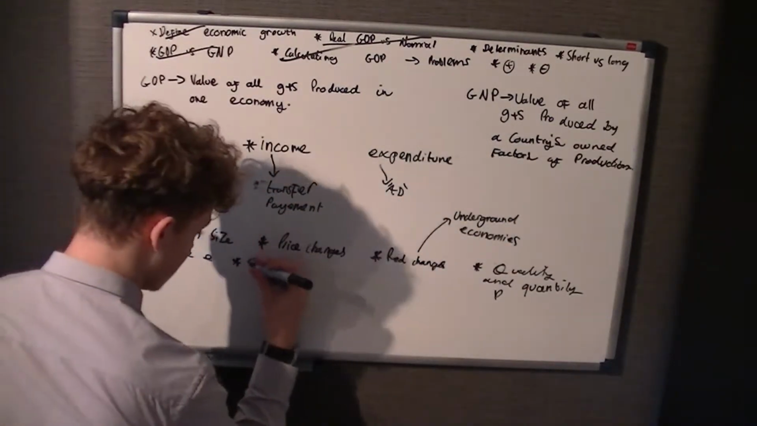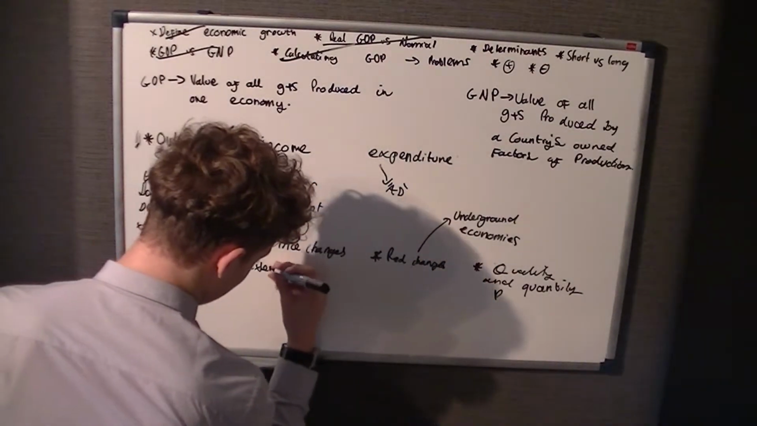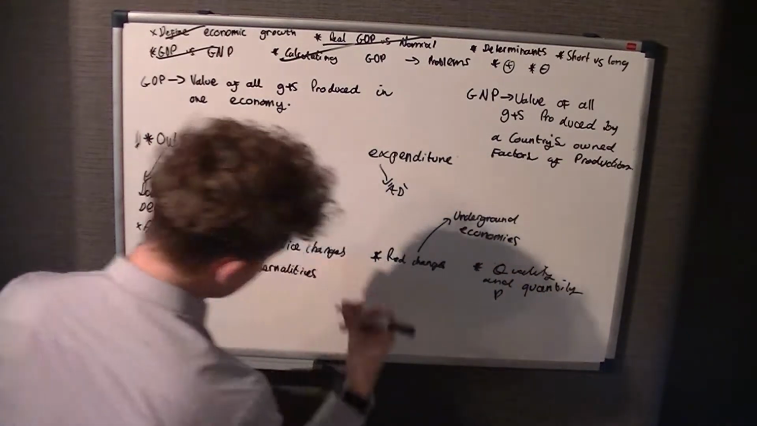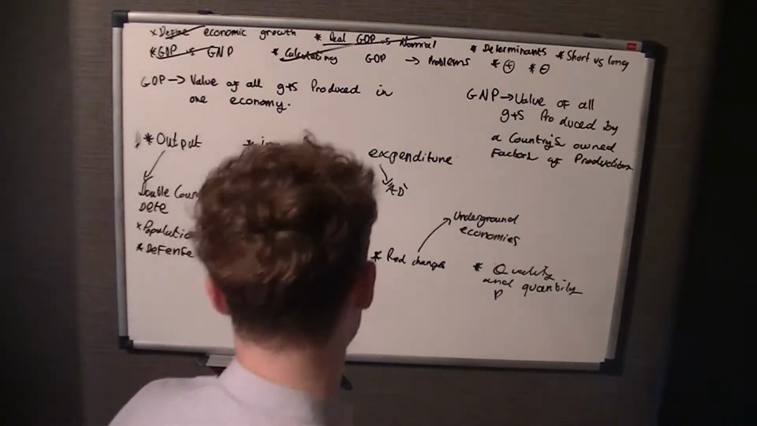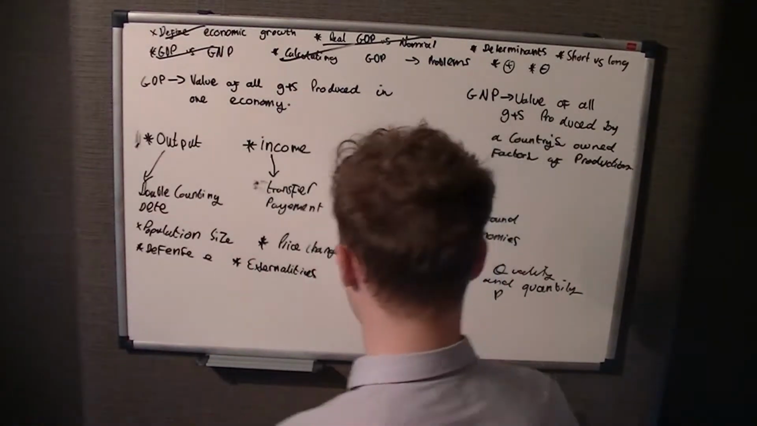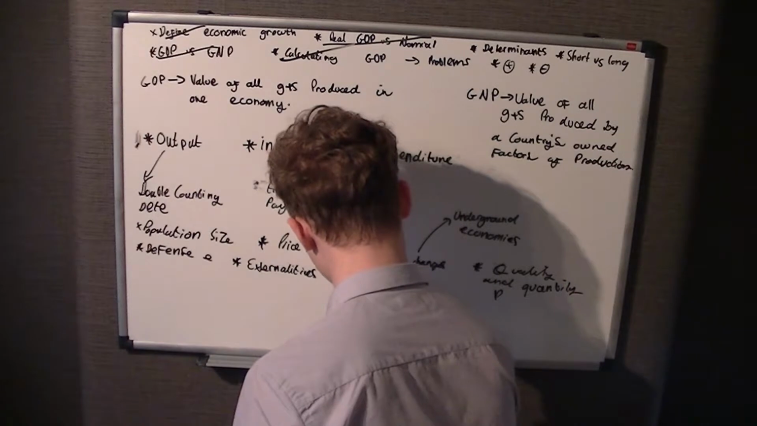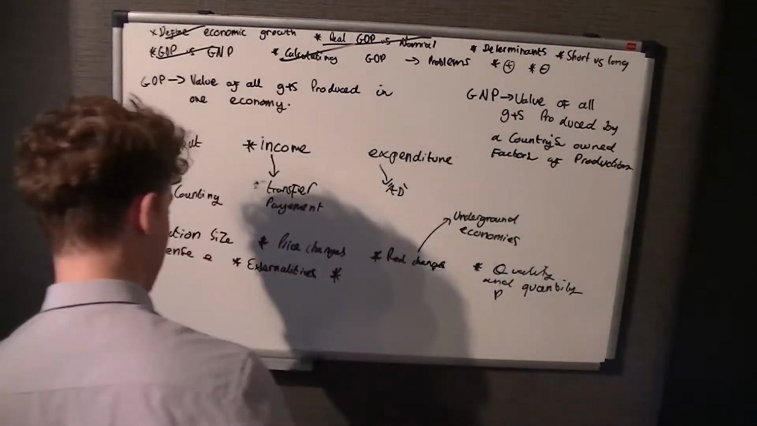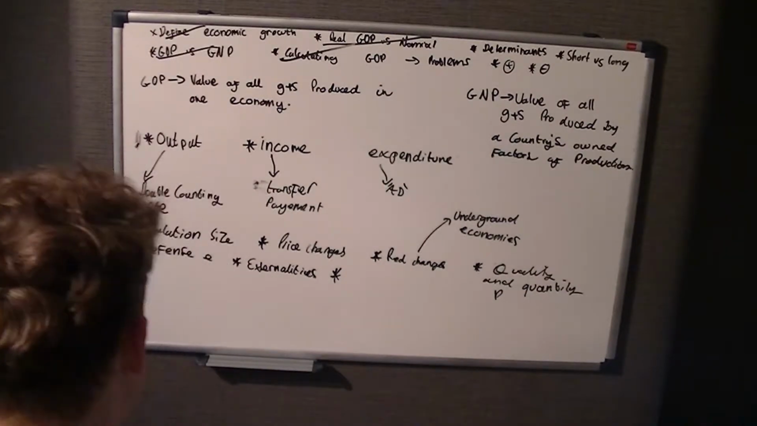Another one's externalities. Basically the same, they are not factored into GDP because we don't really conserve them or judge them in effect. So we've got externalities, and then we have